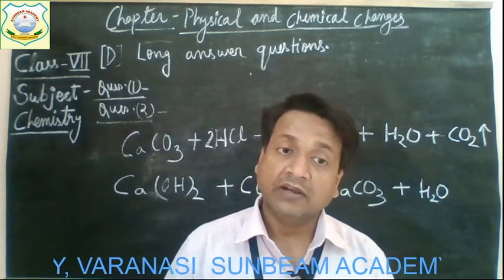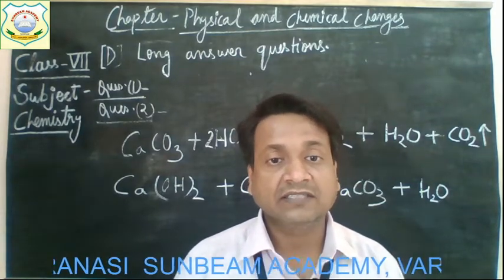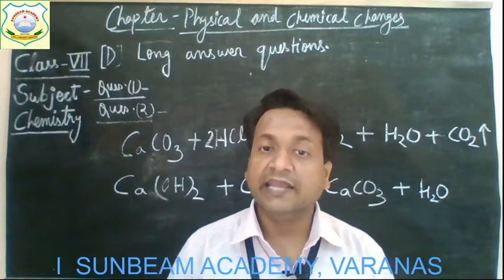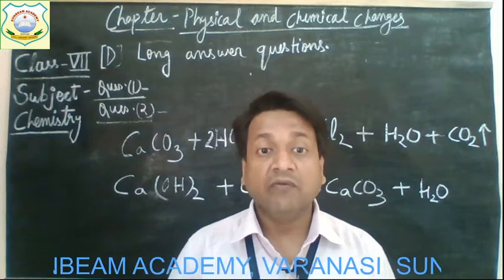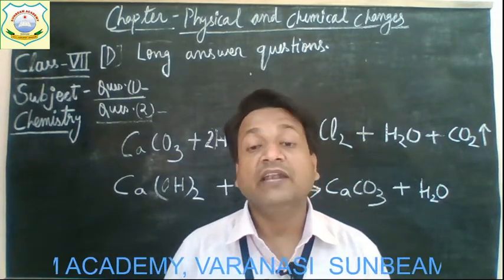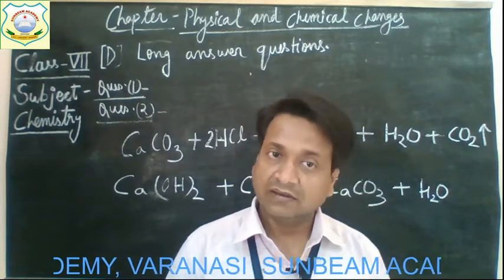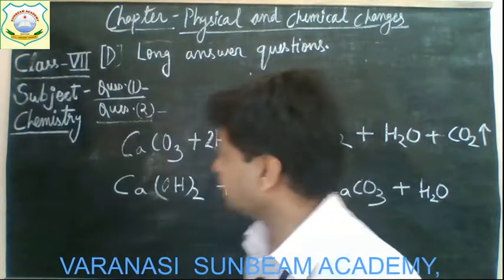Get it? Now, in third step, what we have to do? Collect the ash and mix it with a small amount of water in a test tube and stir it. Okay, and when magnesium oxide dissolves in water, it forms the magnesium hydroxide. Got it, children? So you can write the answer as,